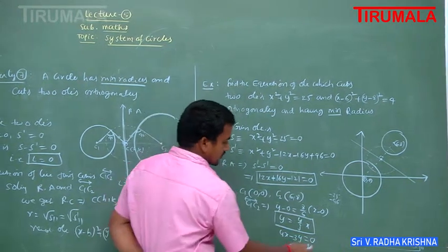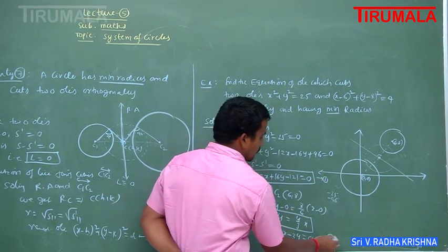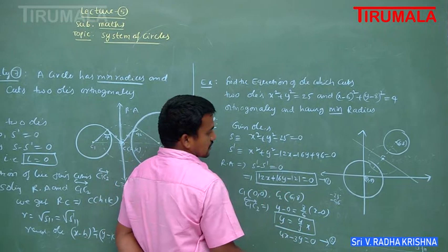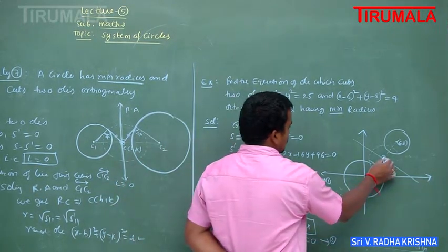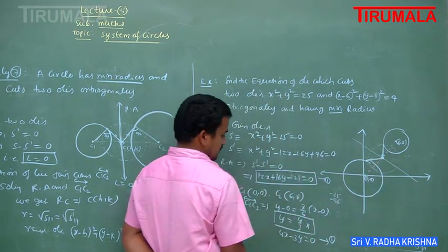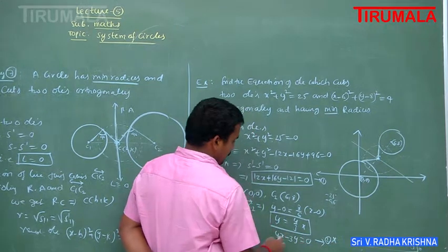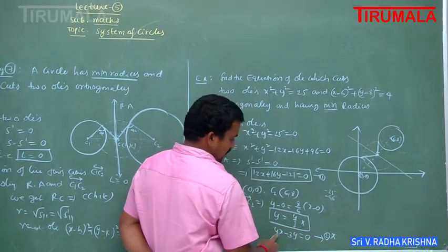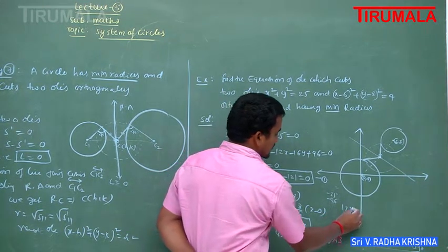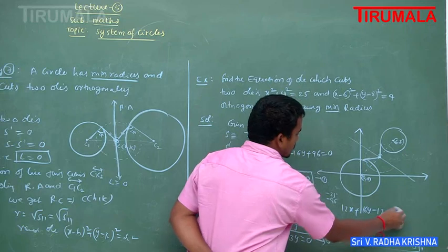We get the equation; this is equation number 1, and this is equation 2. Solving 1 and 2, we get the x and y values, so the center of the circle. To find the length of the tangent for any circle, we get the radius. Solving this, multiply by 3 here, and 4 here. Multiplying by 3, we get 12x plus 16y minus 121 equal to 0.